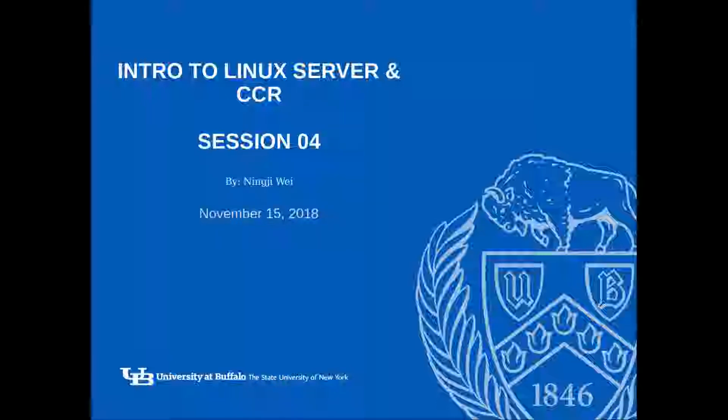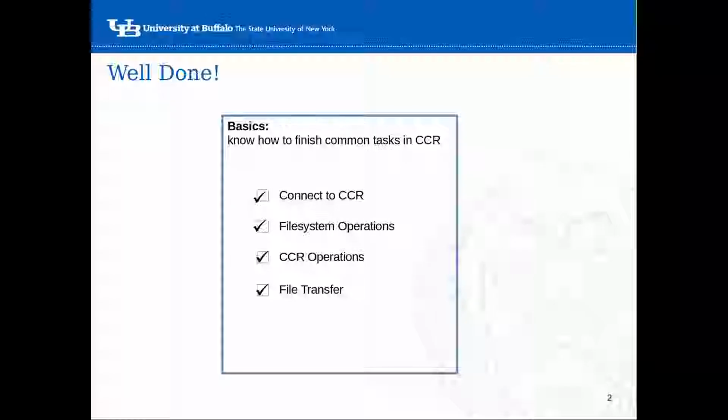Hi. So my name is Ninji Wei, and this is the last session for the Linux server and CCR. So let's look at what we've already learned so far. The first thing, we already finished the basics part. We know how to use CCR, connect to it, and how to run your jobs there. So that's basic stuff. Right now, everyone I think in this room already knows how to run the scripts in